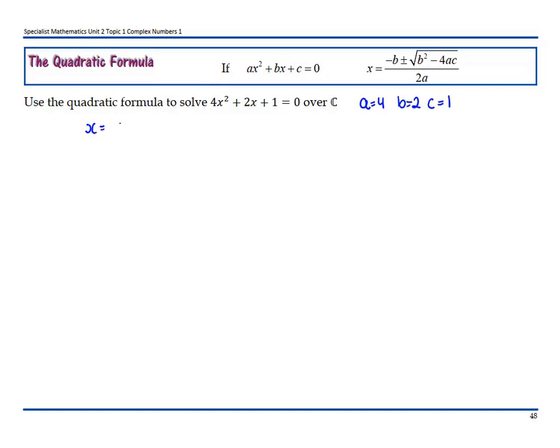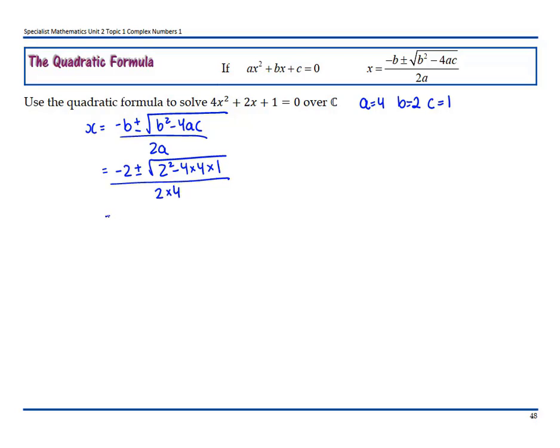So x equals minus b plus or minus the square root of b squared minus 4ac all over 2a, which is going to be minus 2 plus or minus the square root of 2 squared minus 4 times 1 all over 2 times 4, which is negative 2 plus or minus the square root. 4 minus 16 is negative 12 over 8,